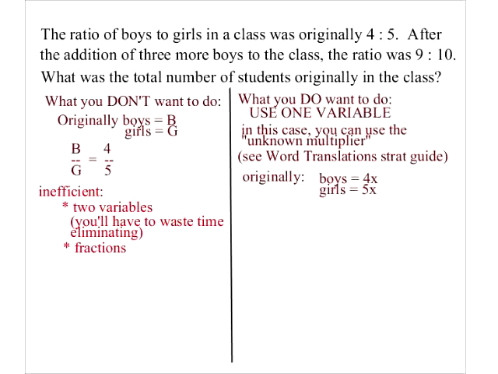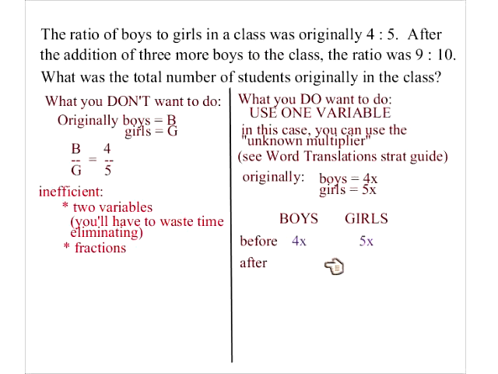What it also helps to do is make a chart, where you say boys, girls, and then you have before and after. And then this way you can just fill in the chart with the information that's in the problem. So it used to be 4x, and it used to be 5x. Okay, so then after we added 3 more boys to the class, in the text box, what expression would we fill in here for afterwards? Go ahead and type in the text box, guys. If we add 3 more boys to this class,